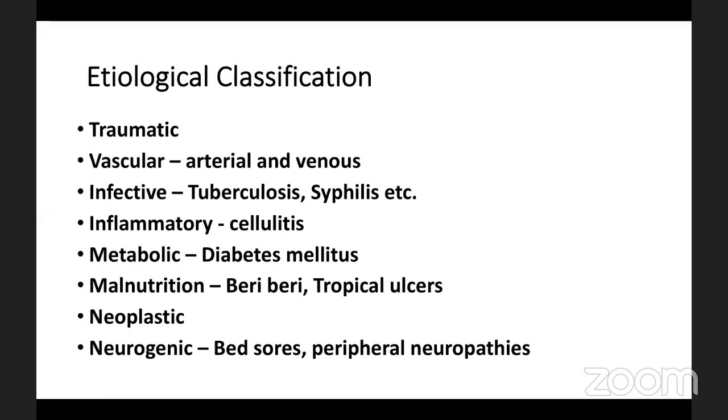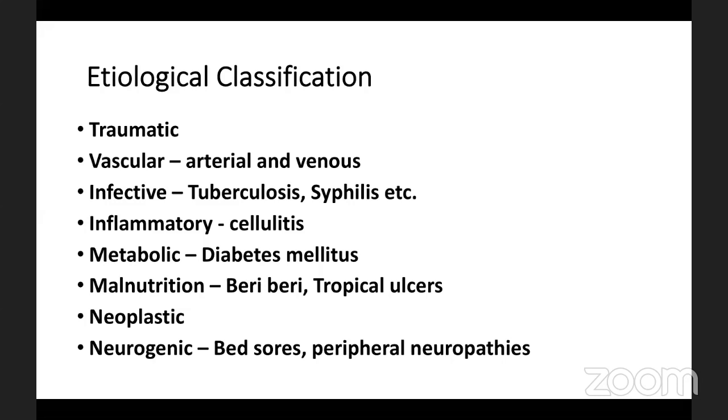The etiological classification is essentially traumatic, following trauma, which will obviously be with a history of trauma, but doesn't have to be a major trauma all the time. You may have a very minor trauma, and that can actually cause the ulcer to form. And the second possibility is that the trauma is major, the history is clear, and there's no confusion. That would be major trauma. And the ulcer in both cases can vary in terms of the size, the location, and the underlying damage that it does. Because the etiology of the trauma itself would be the cause of the ulcer. So you would be able to link it to